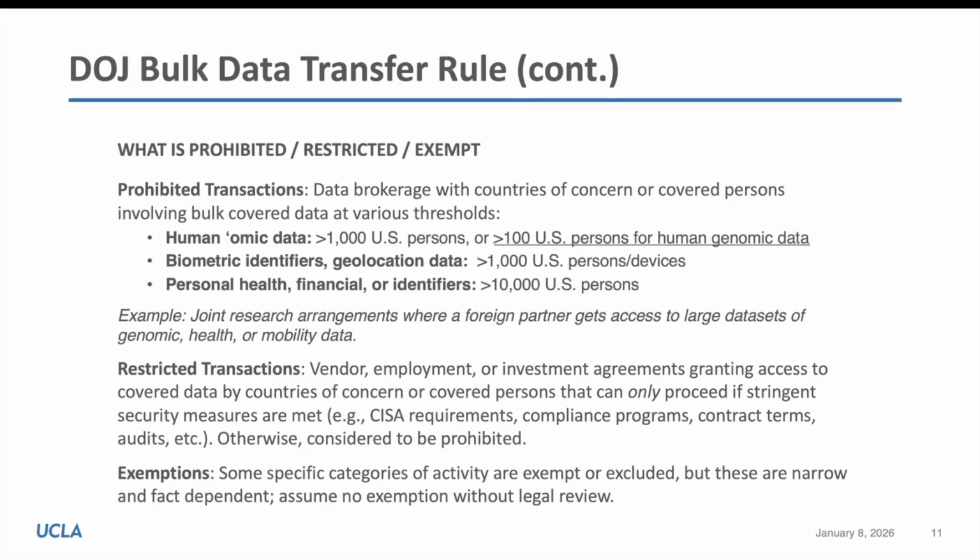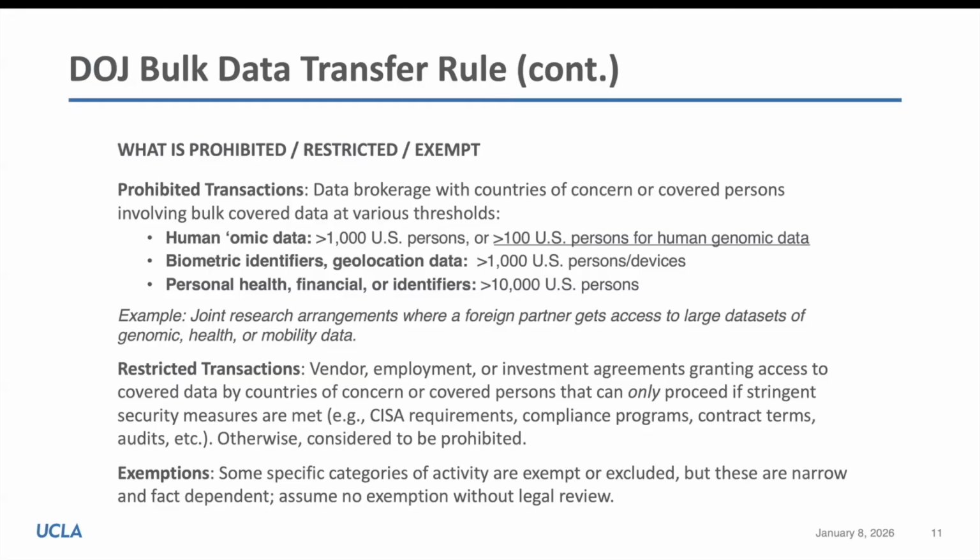But the prohibited transactions are data brokerage with countries of concern or covered persons involving bulk covered data at these different thresholds. And I included the thresholds not so you can memorize them and write them down, but more to show that it could be as few as 100 persons. If we're sharing genomic data for as few as 100 US persons, that could trigger this rule, meaning that would be a prohibited